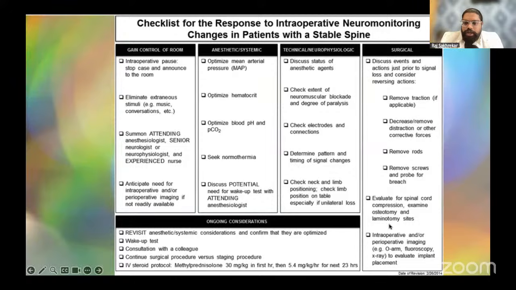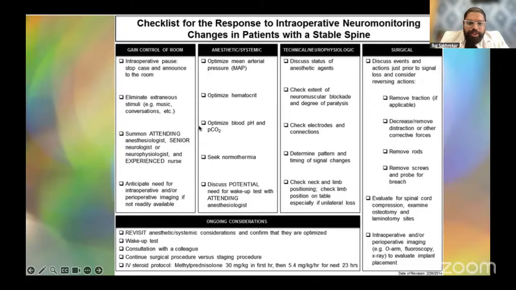Eventually, evaluate all your osteotomies, evaluate Ponte and laminotomy sites. If they are causing compression on the cord, try to decompress more, keep the spinal cord free, check your fluoroscopy and C-arm and O-arm, check all the screws. And still, if the signal is still absent, remove the rods, maybe reassess the situation, close and come at a later